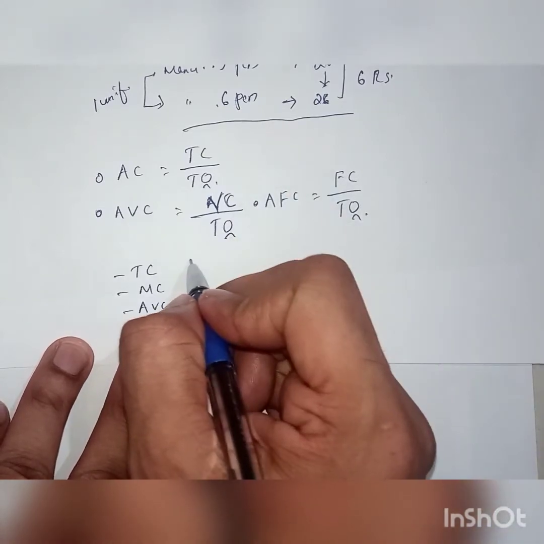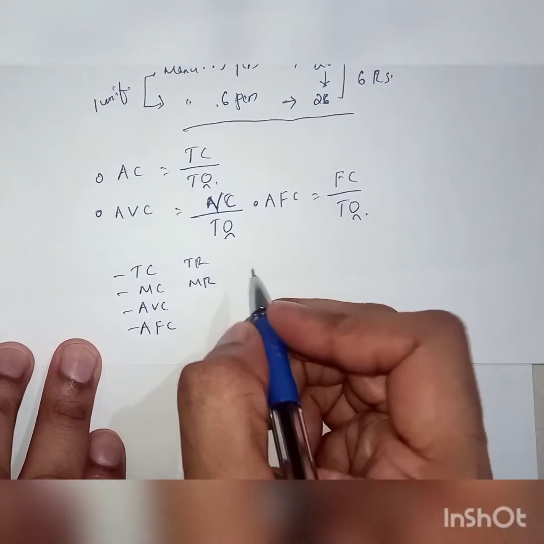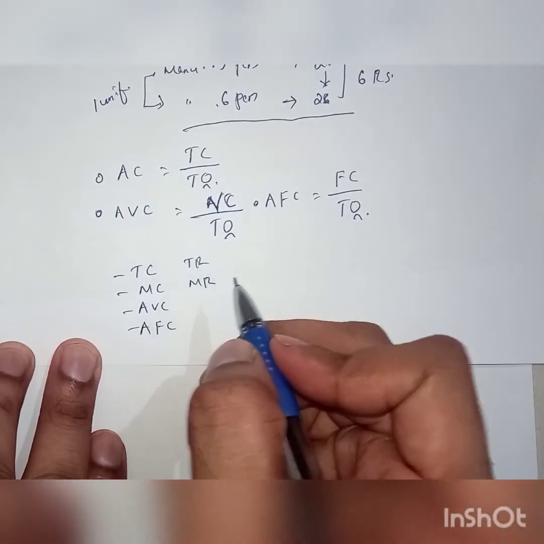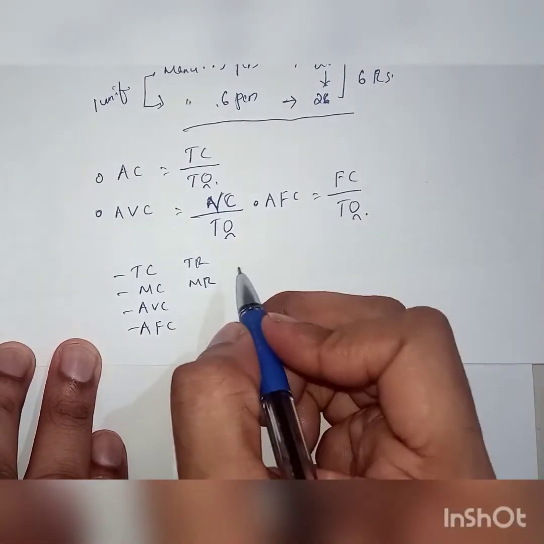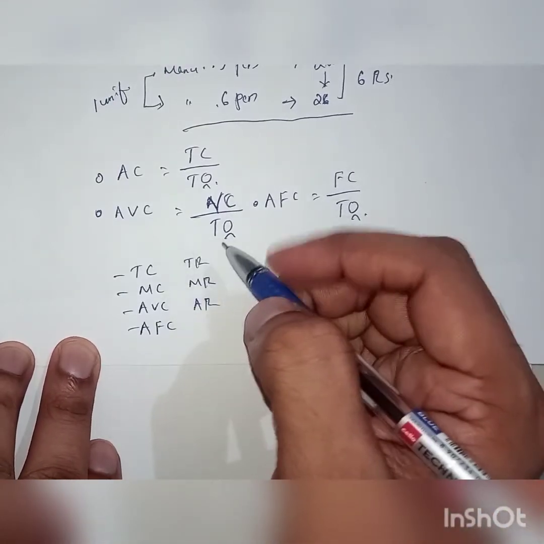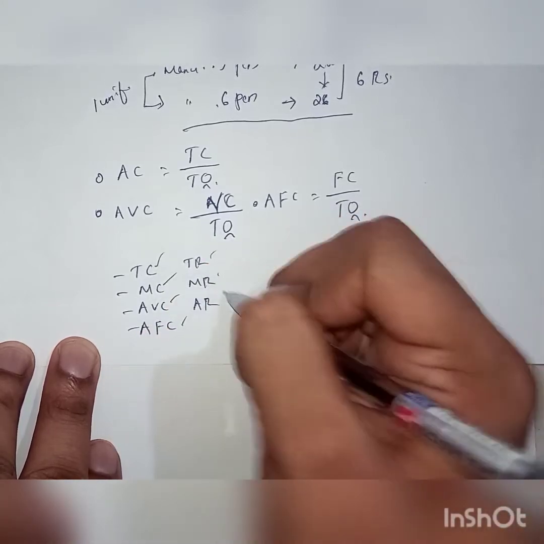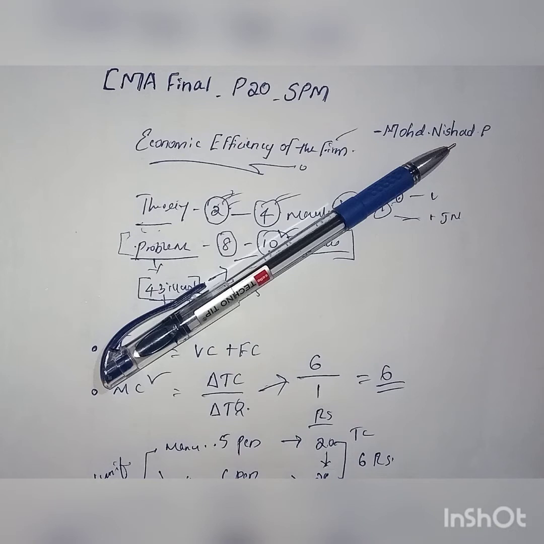Then what else will come? Total revenue, marginal revenue, then average revenue. I hope you will know all these things; it's only basic costing. These are the basic things you need to remember while solving the problems, and all other calculations and operations I will explain when I am solving the problem. So we'll move on to the problem.